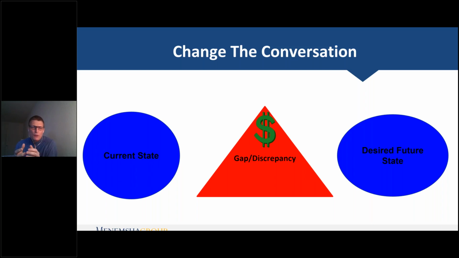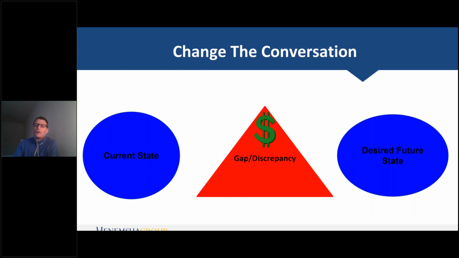So perhaps many of you have heard the saying that a lot of IT people like to use. A lot of IT people like to talk in terms of the as-is state and the desired future state. So current state and desired future state, same thing, as-is and to-be. So that's what the current state is. How happy and content are they with the current situation and the way things are going?